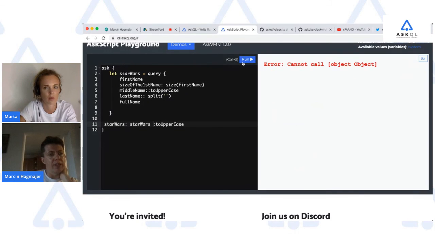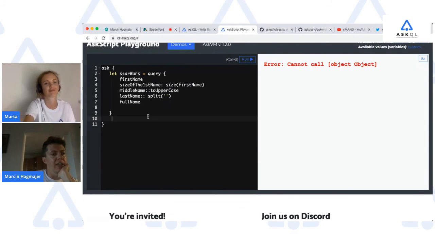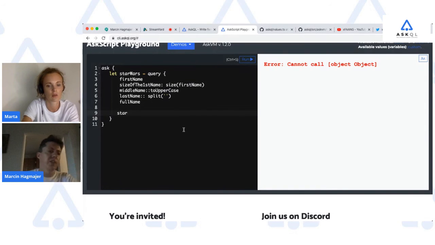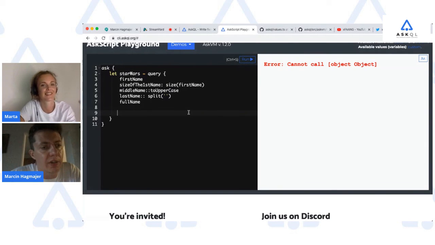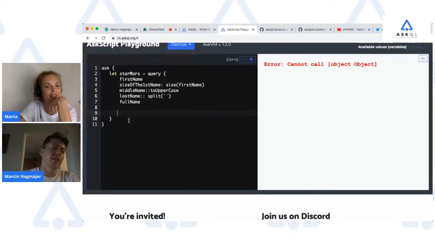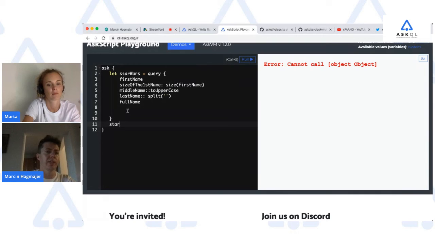You see, in line 11, you're not inside the query anymore. This thing is only available outside of the definition. So for instance, let's go on line 10 at the end of our program and write just Star Wars. It gives you just Star Wars, and you can write it.